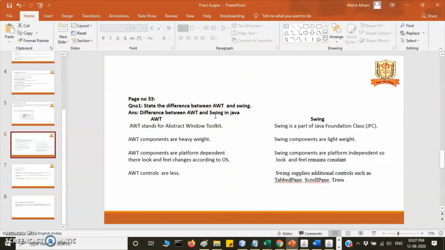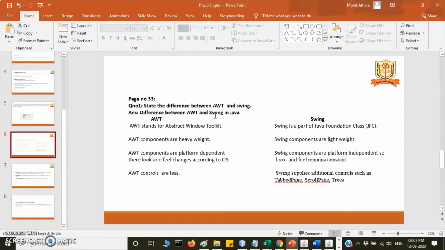what are the questions in this practical? State the difference between AWT and Swing. AWT stands for Abstract Window Toolkit. Swing is a part of the Java Foundation Classes. AWT components are heavyweight components. Swing components are lightweight components.